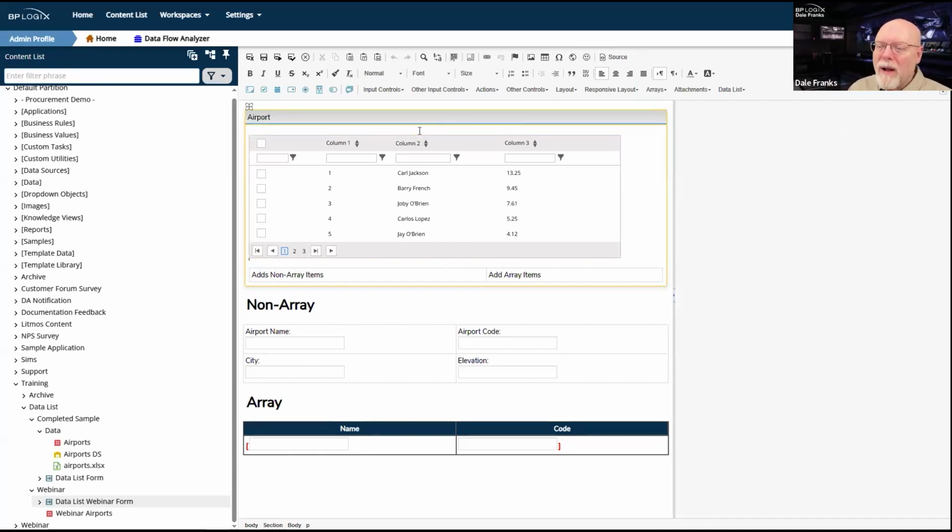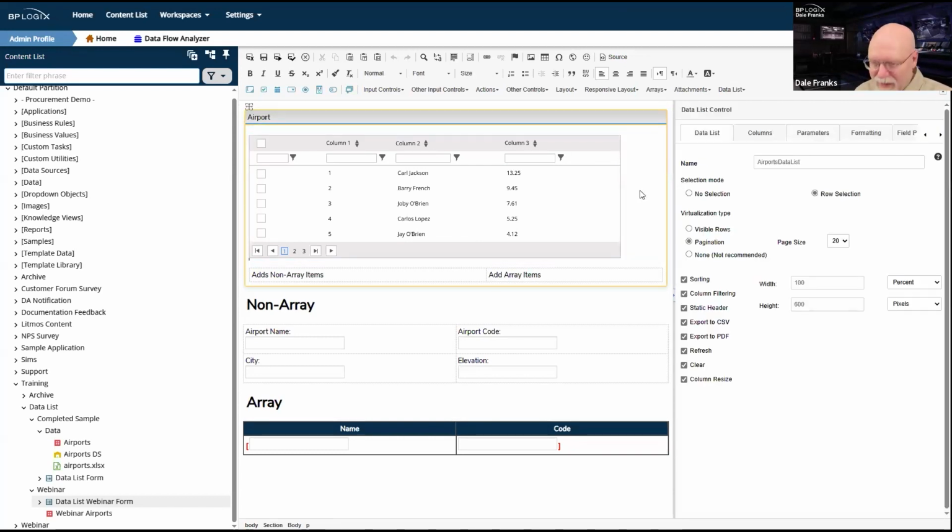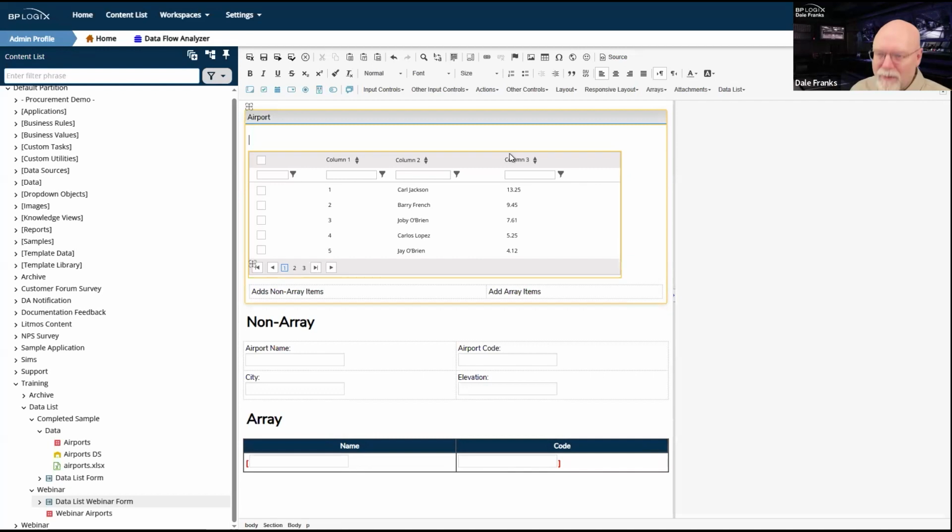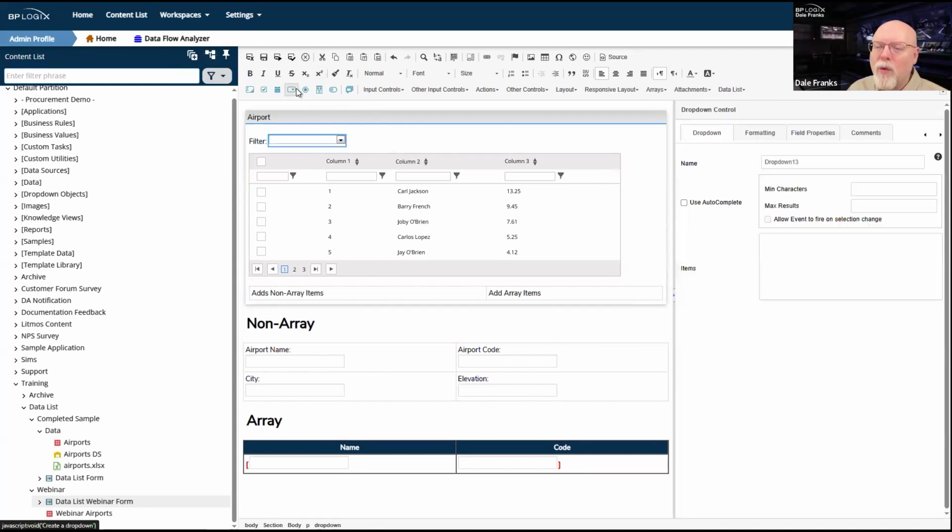So let's go up here. Can I get over there to that side? We'll hit enter and we'll go up here and we'll go filter, and we'll just do a drop down in here. And I said I would call it filter, so I better name it filter, huh? Or it won't work. So here we'll go with select one.